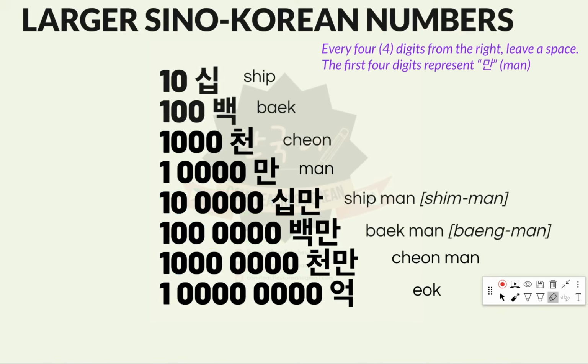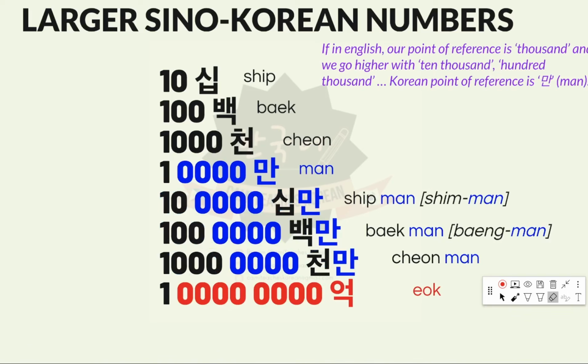So, in our next slide, let me put some color. I'll add it. Our point of reference in English is thousands, so when the number goes up it becomes 10,000, 100,000. In Korean, our point of reference is every 4 digits, and man, 10,000, is our point of reference. So when you're at man, after chon, shipbekchon, you go to man. After man, shipbekchon repeats. So, man is here, and then shipbekchon,